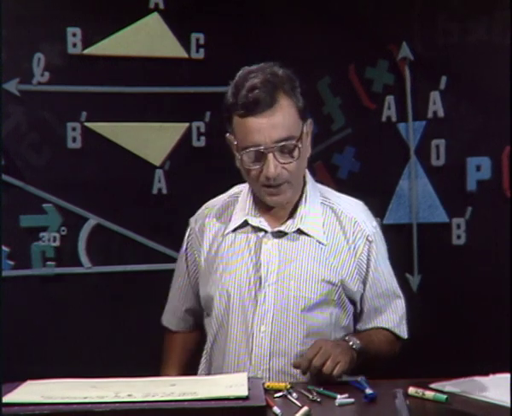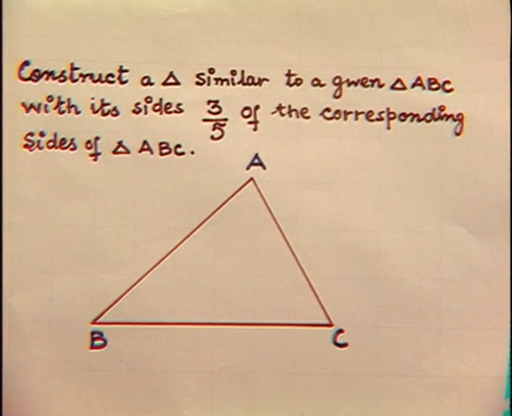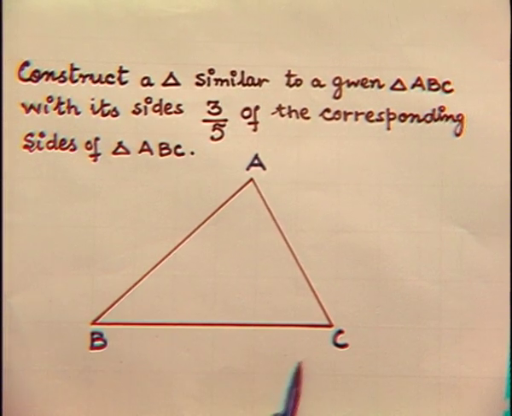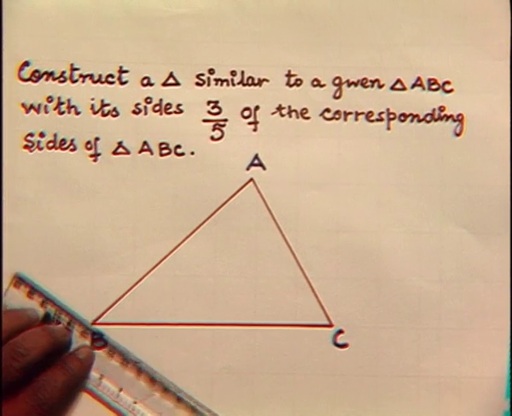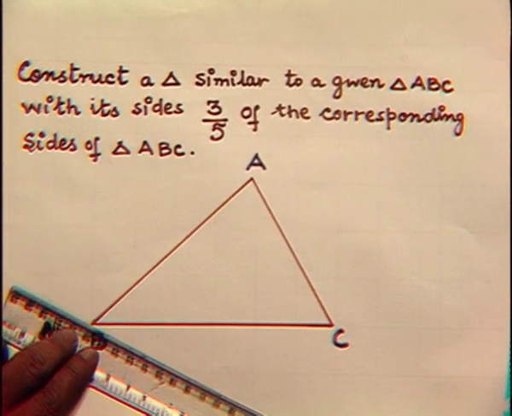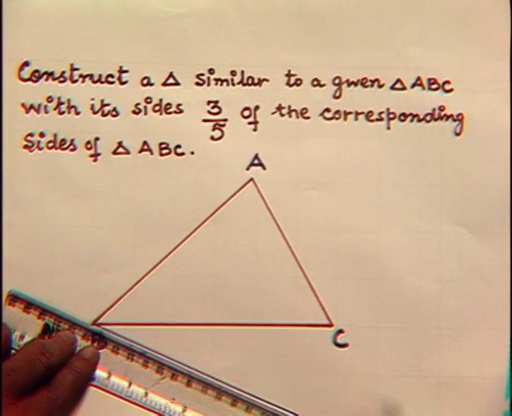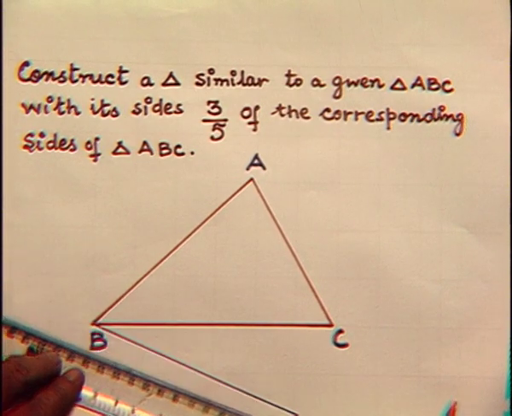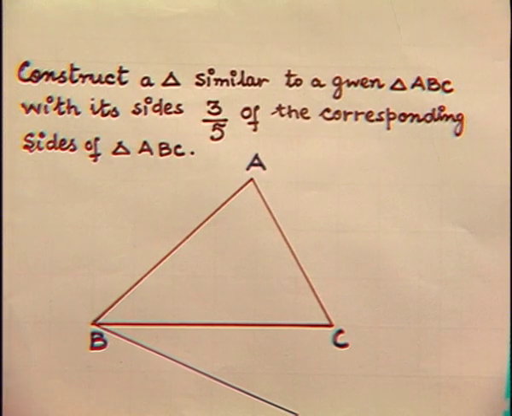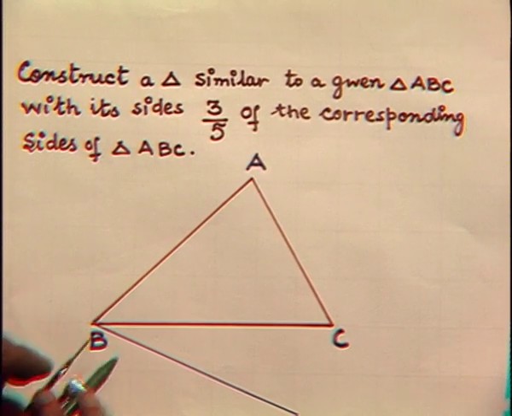Let us say here in this triangle ABC, I have to draw another triangle which is 3/5 of the corresponding sides of triangle ABC. To do that, once again we will divide the line segment BC into 5 equal parts. So, here is the line first we draw, then we mark 5 points on this,